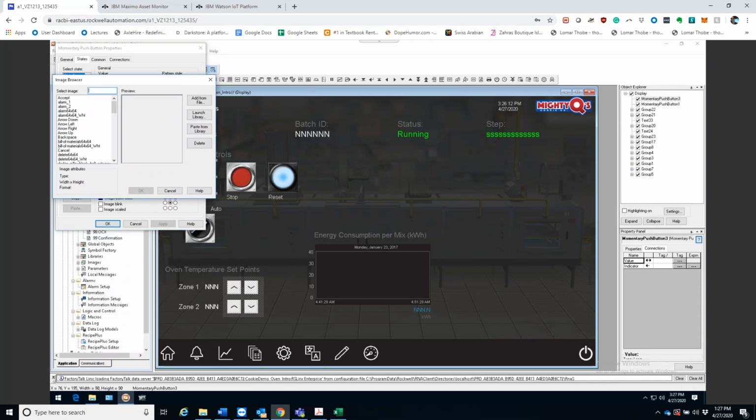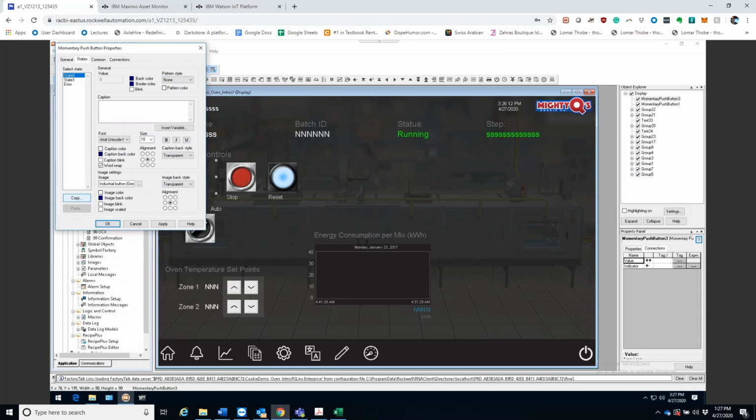Clicking on that, and then we're going to find the one that we want. The one that I want is the green push up button, and then you're going to press OK, and you're going to make sure that the image is scaled. You're going to make sure that the back image is blue because I want it to go with my theme,